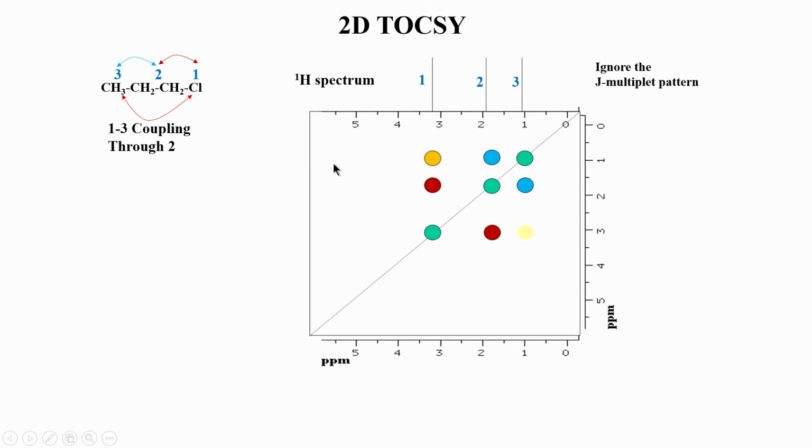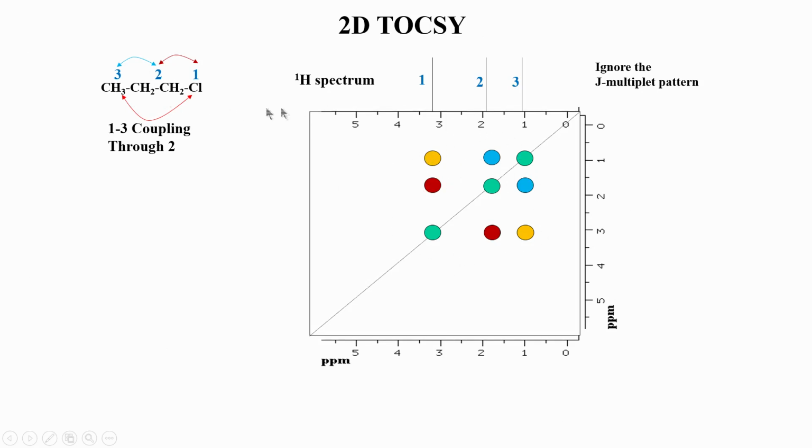That is basically the advantage of TOCSY, that I am able to get a new cross peak between a proton and another proton, which otherwise will not be seen in a COSY spectrum. That is because we are able to use this isotropic mixing concept to transfer magnetization from one spin to a far away spin, and this is something which you will not see in COSY experiments. Therefore, TOCSY was a very important development in NMR for assignment of molecules, because you can see the entire molecule in a spectrum.